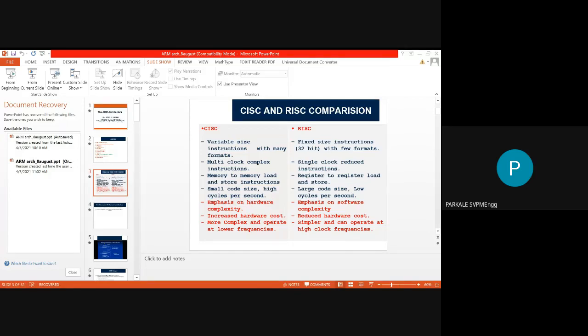But this is not possible in the von Neumann type of architecture, because you can either access or fetch the data from program memory or the data memory, because of the single address bus and single data bus. But in Harvard architecture, you have a separate address bus for program and a separate address bus for data, as well as a data bus for data and a fetch bus or data bus for the program.